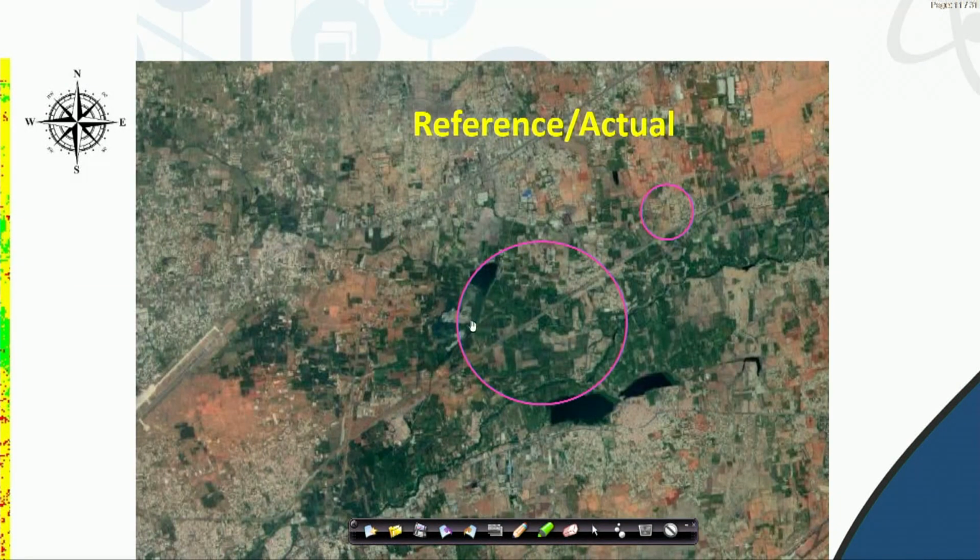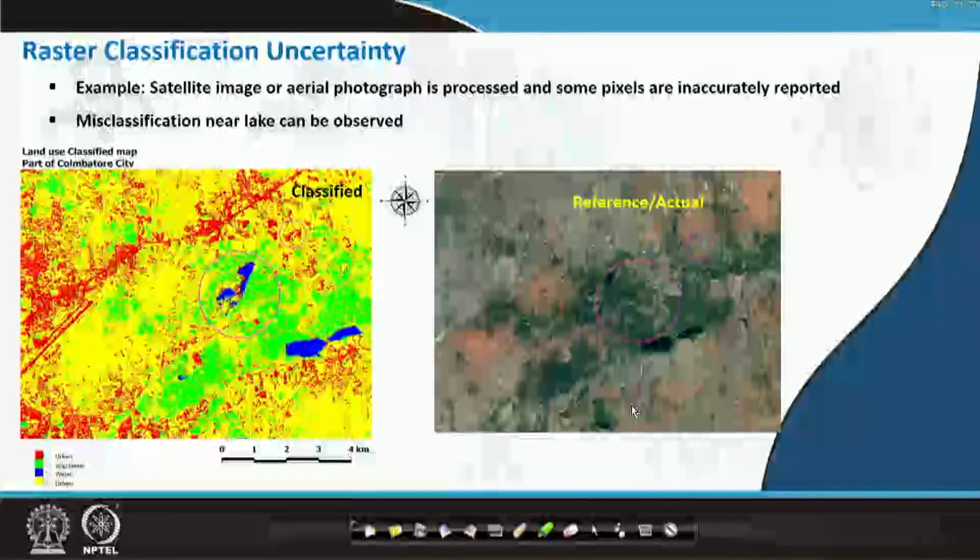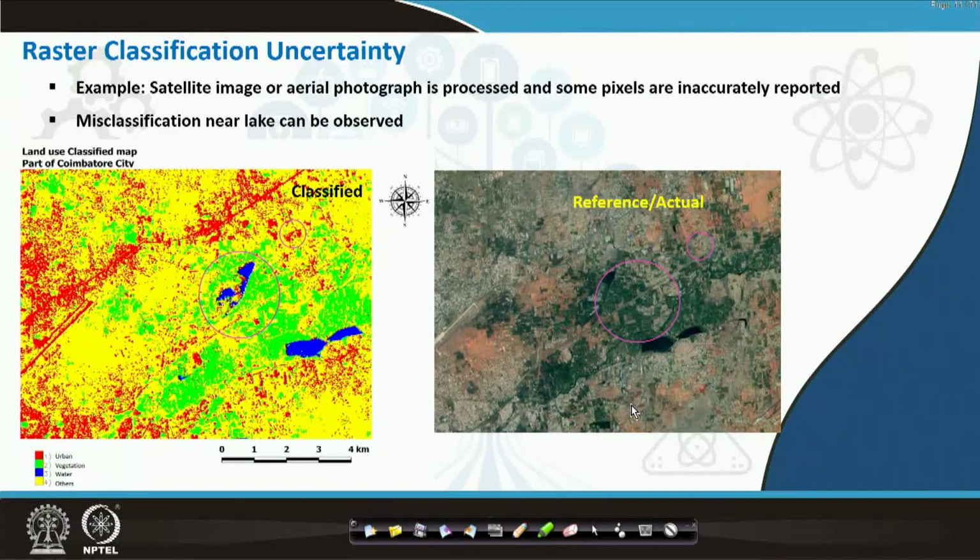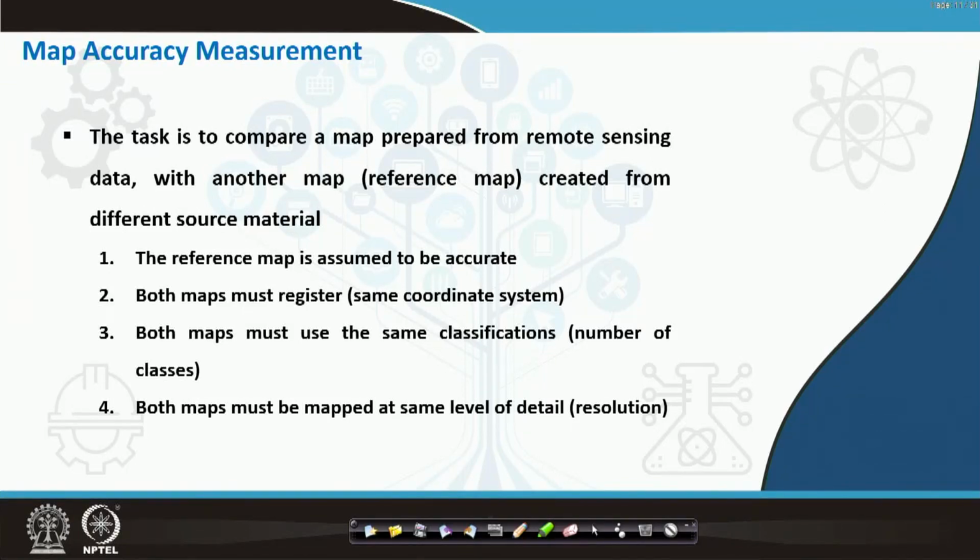When you look at this particular region, it does not have water at all. Okay. This particular region that is actually not a water body but an open space is classified as a water body. So, when you are looking at this particular water body, there is a certain amount of water, but here the urban was shown, but this particular region is not urban, but a thick vegetated region. Okay. If you look at it, it is more of a vegetation. So, when you look at such issues, these are the issues which make certain accuracy assessment measures necessary to be put in place.